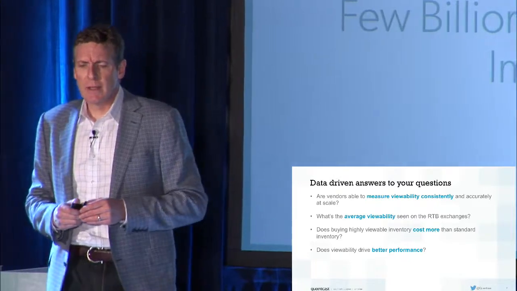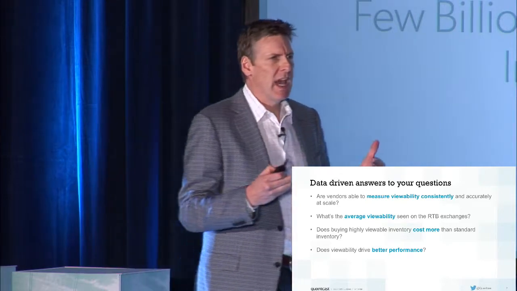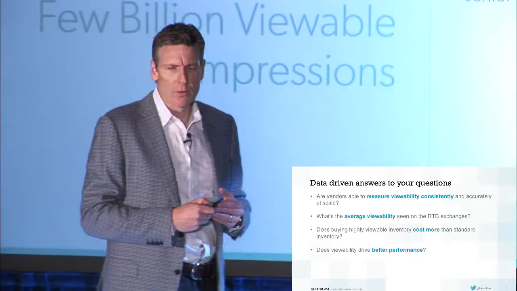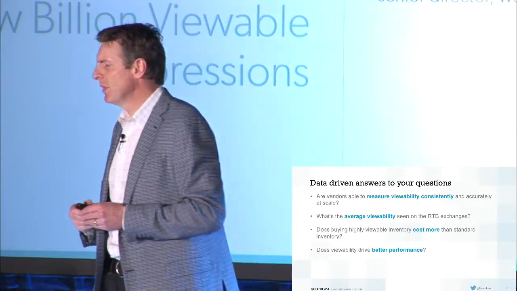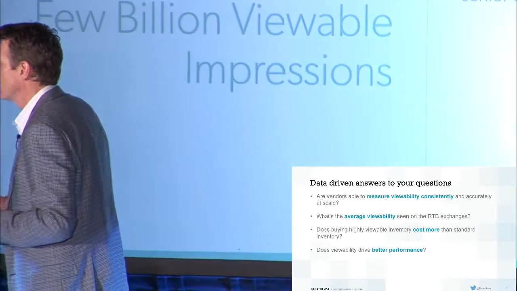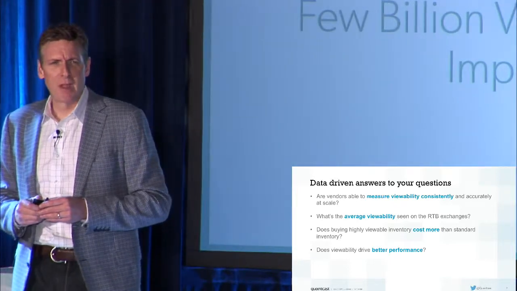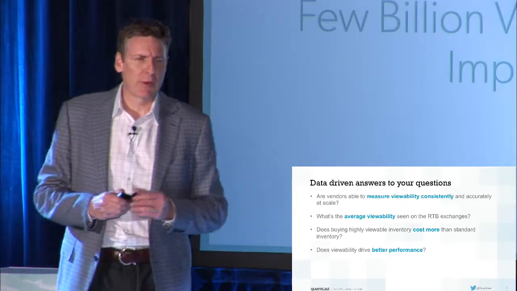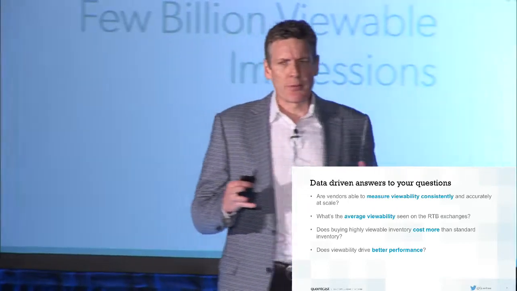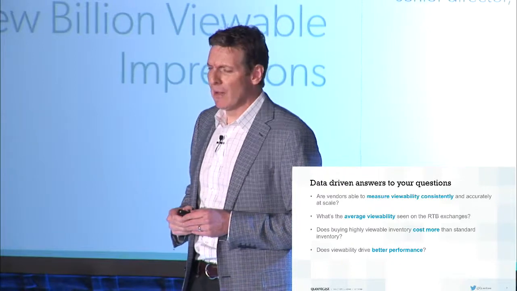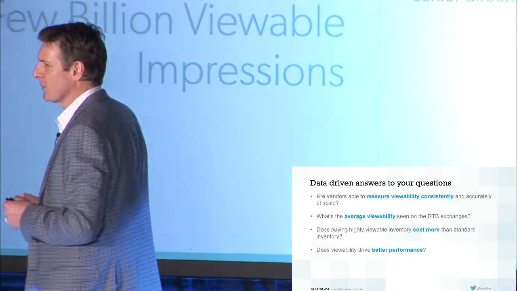And so we looked at all the major vendors out in this space and put them in head-to-head tests over a period of a couple years. We ran over 1.5 billion impressions across 10,000 publisher sites in every major online ad exchange. We optimized viewability for over 300 brands and thousands of campaigns. So what you're looking at here is a pretty good data set that we've compiled over 2 years, and let's walk through now some of the lessons that we've learned.